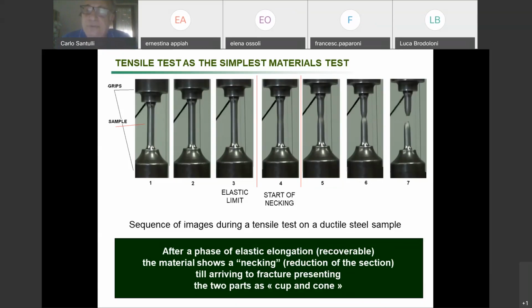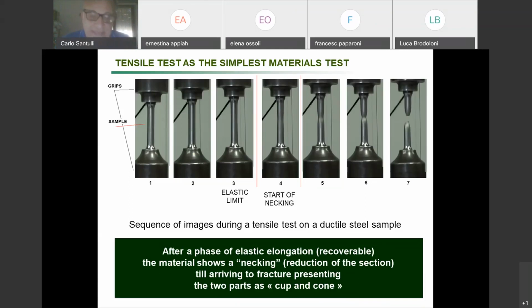we are able to measure the force and the elongation, and something else as well, which I will detail. So this is ductile. This is a steel sample which is ductile, and its way of breaking, if we look in section at the two broken parts, we can see that we find a cup and cone, we call it like that, to show that it is ductile.